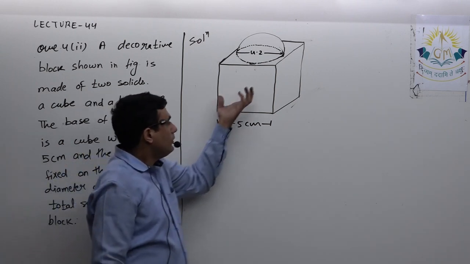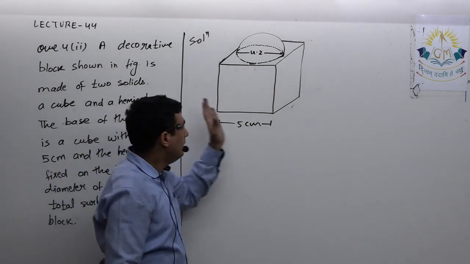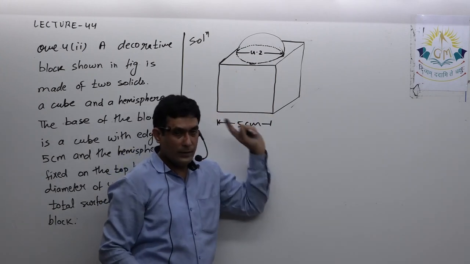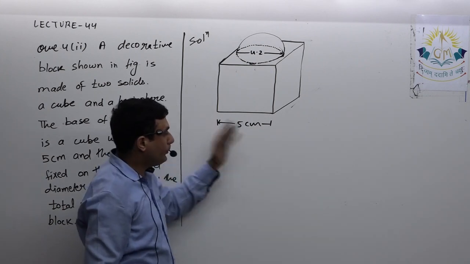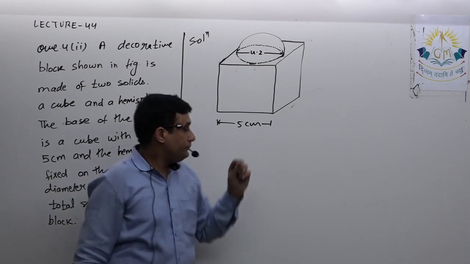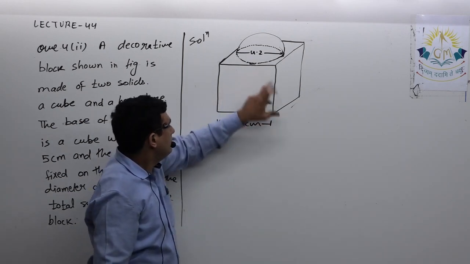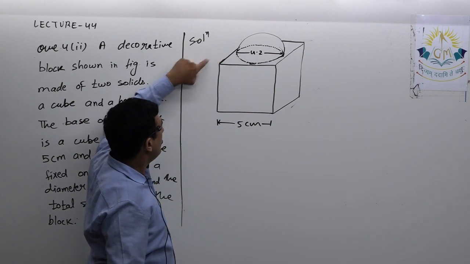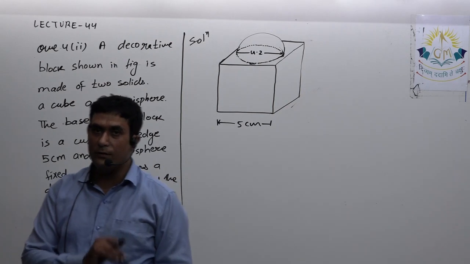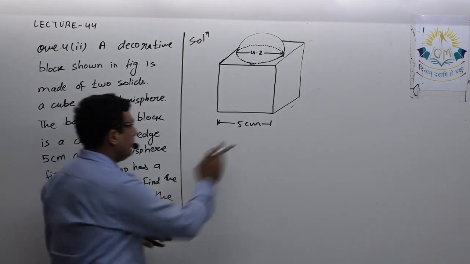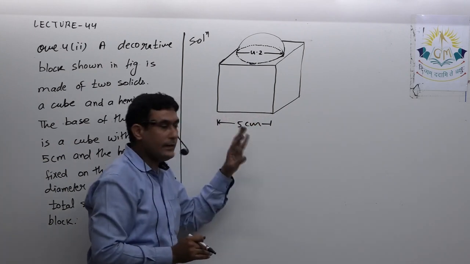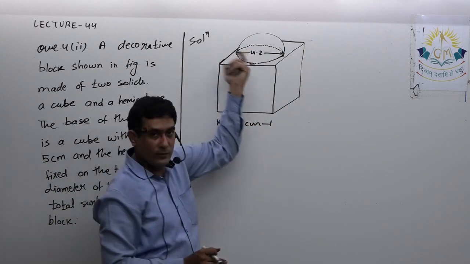So if we talk about this cube, only this cube, it is possible to paint on all its four walls, as well as on its base. That means here we are not able to directly use the formula of total surface area or the formula of curved lateral surface area, because if I say lateral surface area, the base won't be included in that. If I say total surface area, then the upper surface will be included over there.